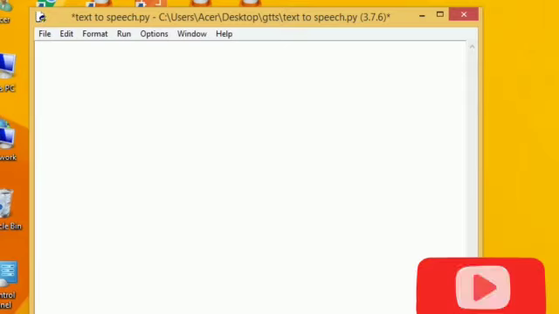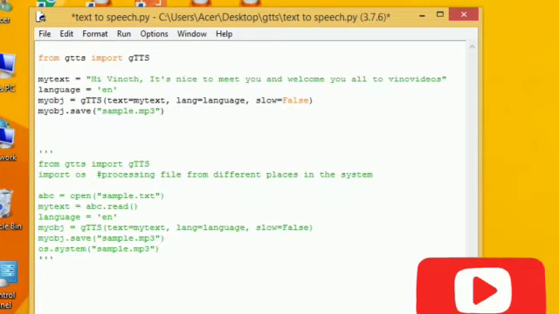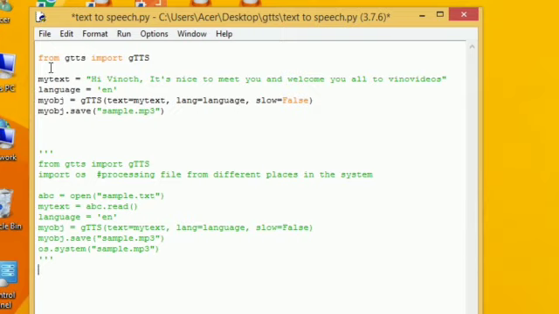Now we are going to type the program, the Python program for Google text to speech converter. First I need to copy the program and paste it here. From gtts import gTTS. So we know what is meant by gTTS. It is nothing but Google text to speech converter. It is a Python library we just installed in the previous part, right? Using the command pip install gTTS, we already installed gTTS. Now we are going to import that gTTS in the program file.